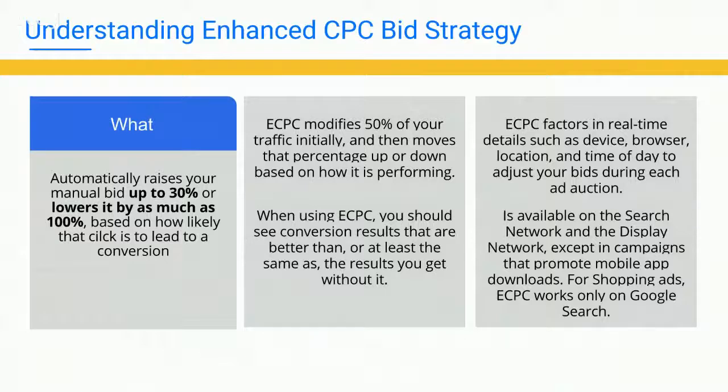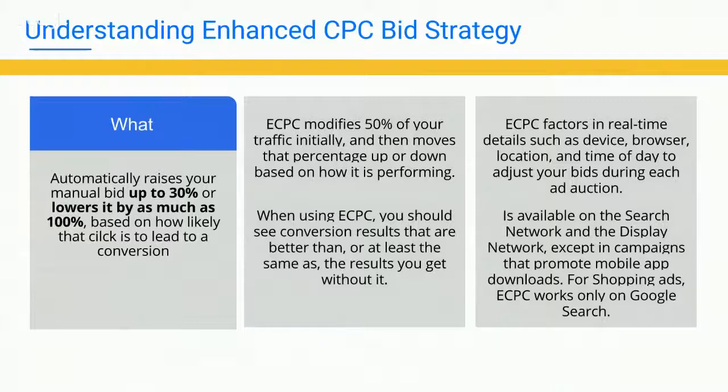What AdWords is going to be doing is the system will automatically raise or lower your bids to optimize and adjust to get you the most conversions based on your previous historical conversion data. So if we're tracking that conversion data, the system takes that data and uses it to learn how to best gauge and optimize to capture that conversion or sale or action of value for your business. The specifics here: AdWords would automatically raise your bid by up to 30%, which would be the upper maximum.